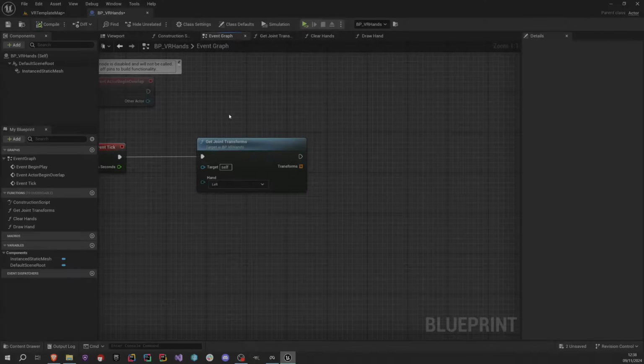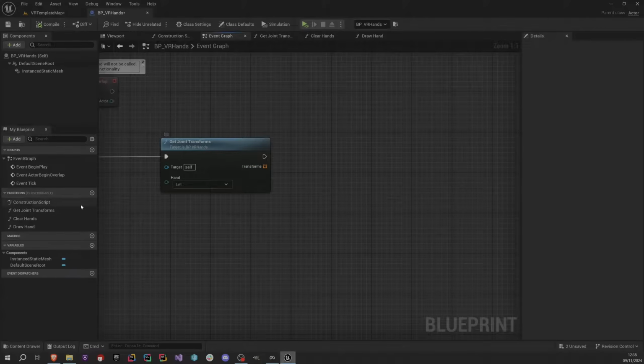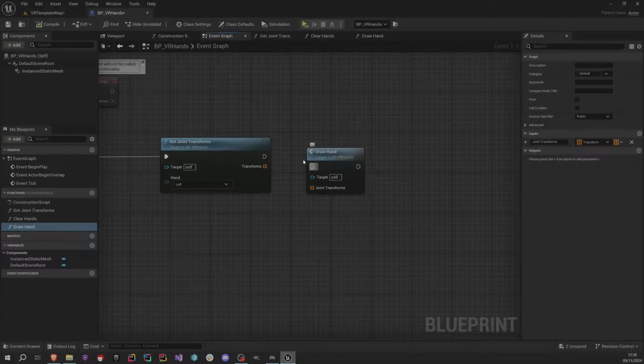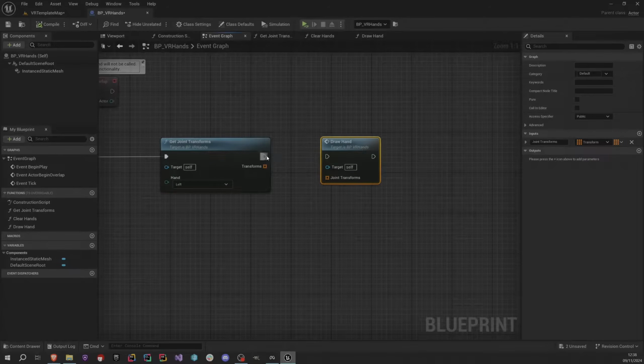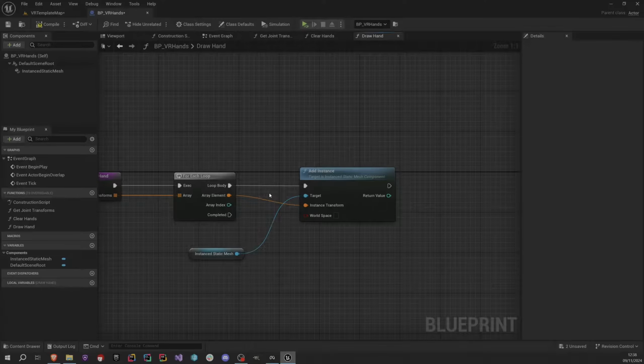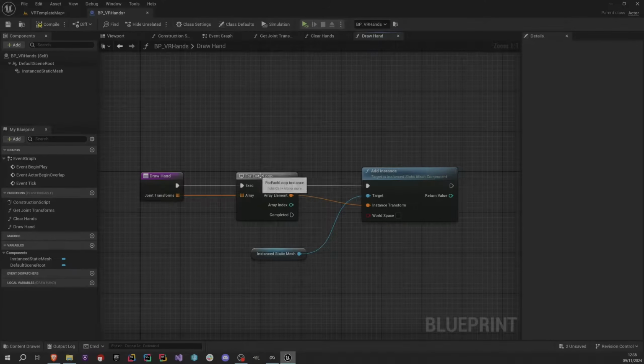Let's go back inside the event graph. I'm going to call the draw hand function, and for the draw hand, the transforms I get from the joint transforms, I'm going to pass to this function. And inside the draw hand, I don't have to validate the length, because this for each loop is only going to run whenever there's data available. So let's go back inside,